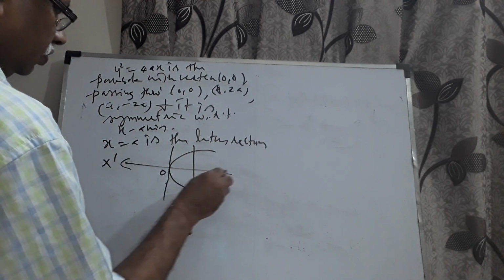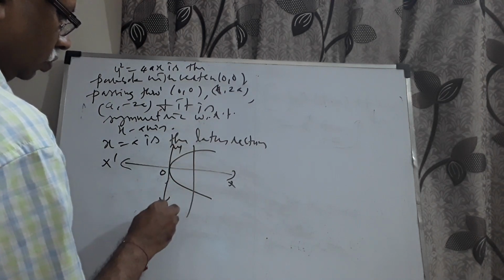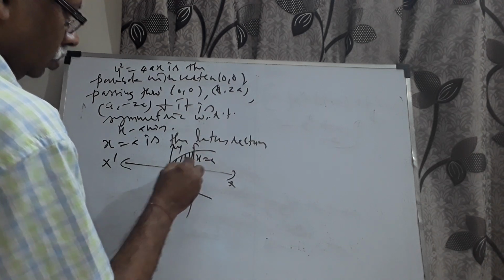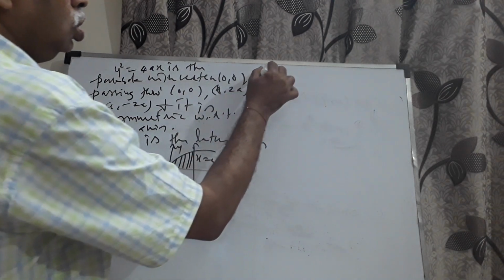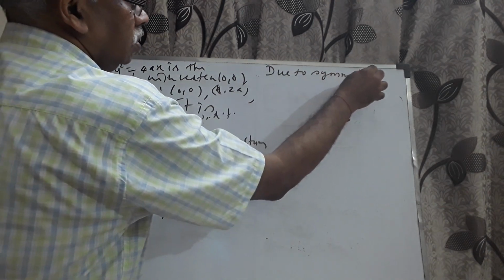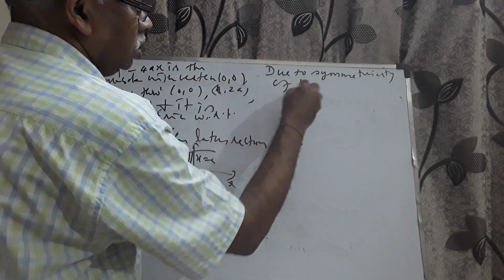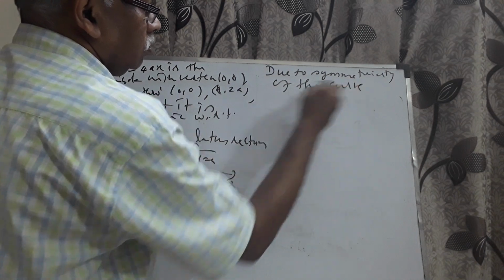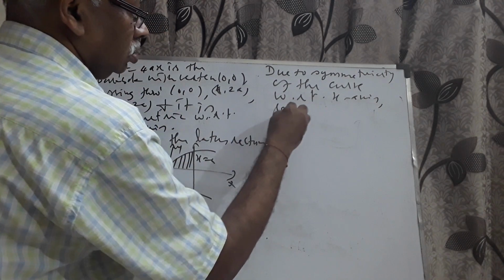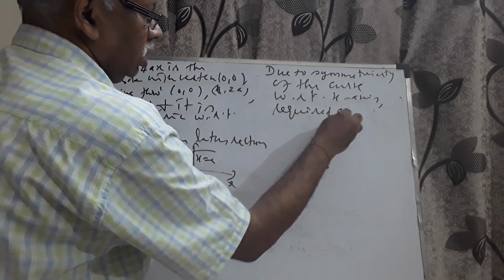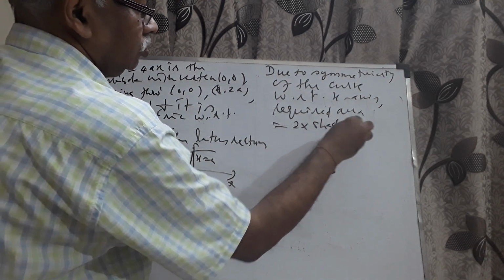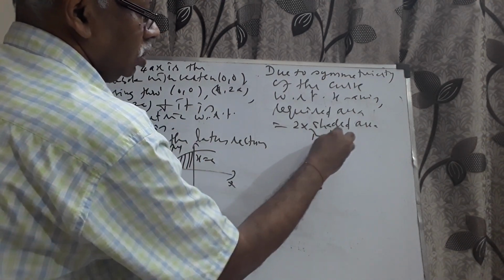This is my x-axis, x dash x. This is my y-axis, y, y dash. This is my line x equal to a. Okay, listen carefully. Now, due to symmetricity of the curve with respect to x-axis, required area is equal to twice of shaded area in the first quadrant,